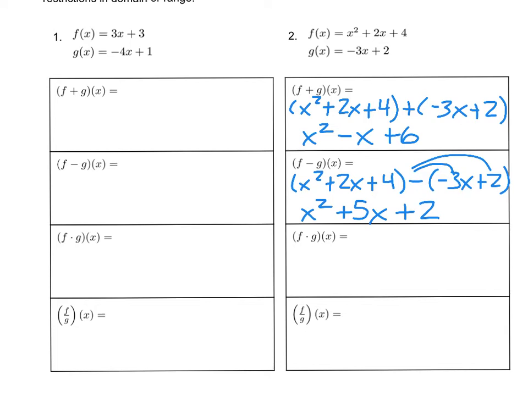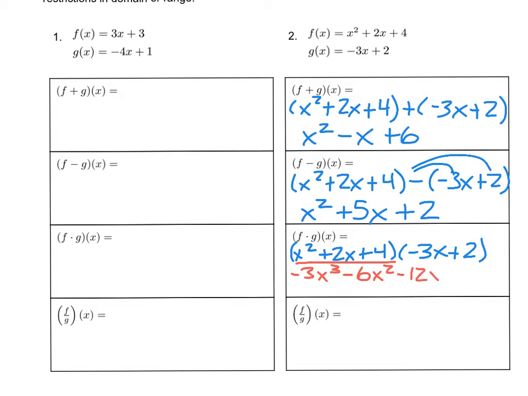Right, for multiplying, it's similar to FOILing, but there's a trinomial multiplied with a binomial. Right, so I'm going to multiply negative 3x to the trinomial. So I'm going to multiply all of these by negative 3x. Negative 3x cubed minus 6x squared